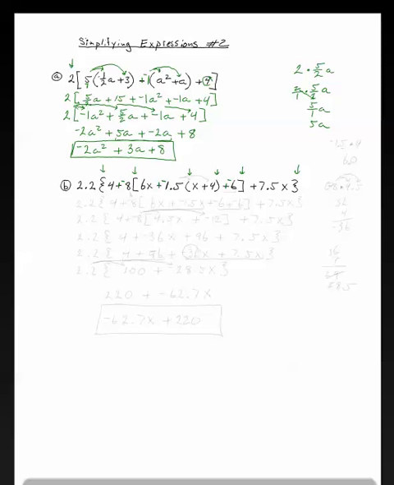So we're going to distribute the negative 1.5 to the x and the 4. And everything else will stay the same in this step. So we've got 2.2, and then a curly bracket, 4 plus negative 8, hard bracket, 6x plus. And now we're at our distribution. So negative 1.5 times x is just negative 1.5x